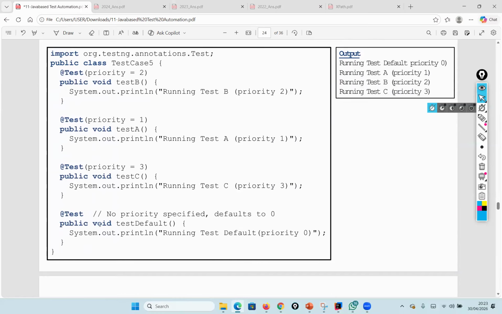And this one has no priority set. So therefore, this is the highest priority. So therefore, this will be the first to run. Okay, you can see test default priority. So then it will run this one, run in test A. Then it will run this, run in test B. And then it will run this, run in test 3. Because